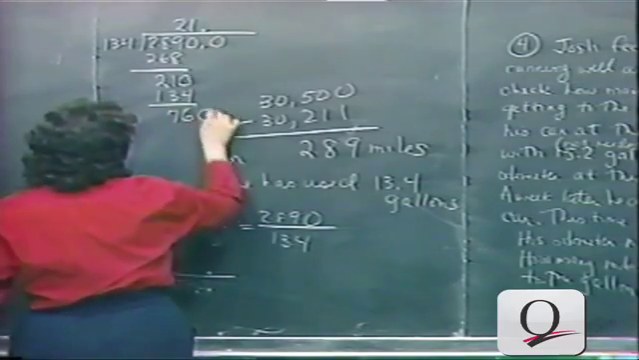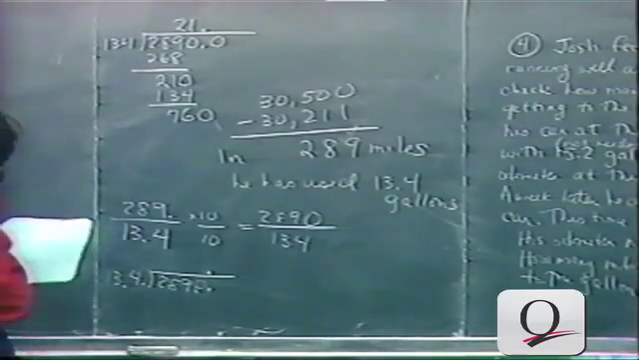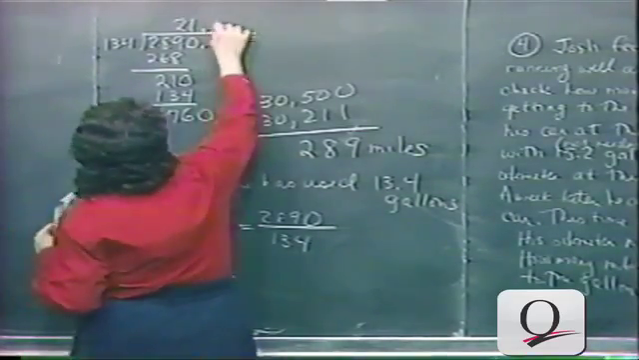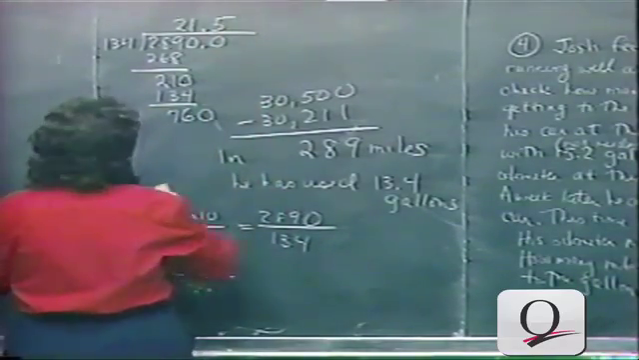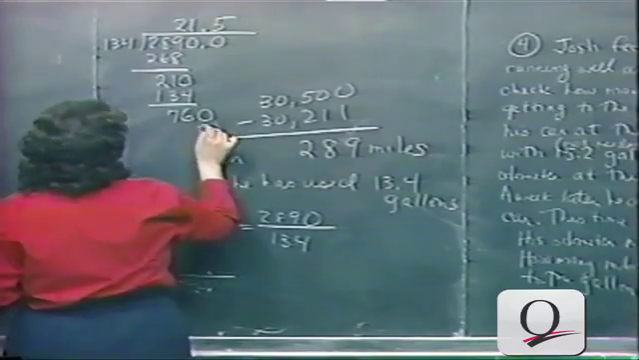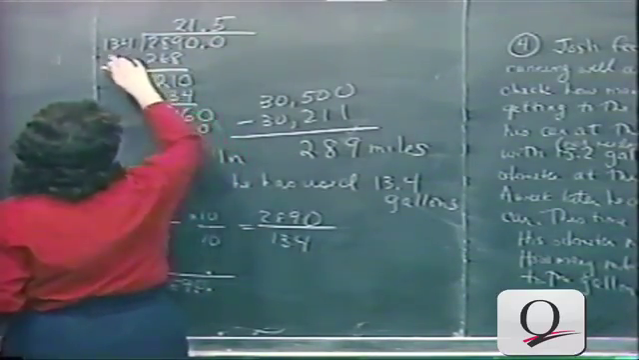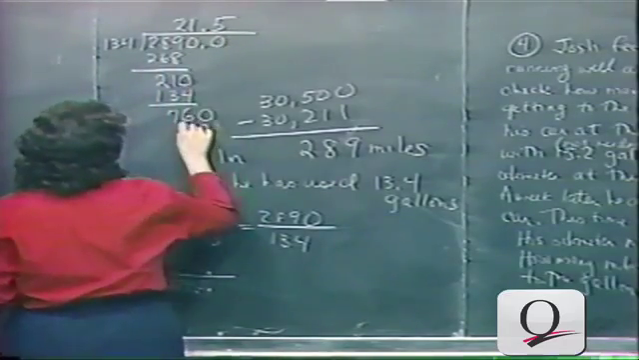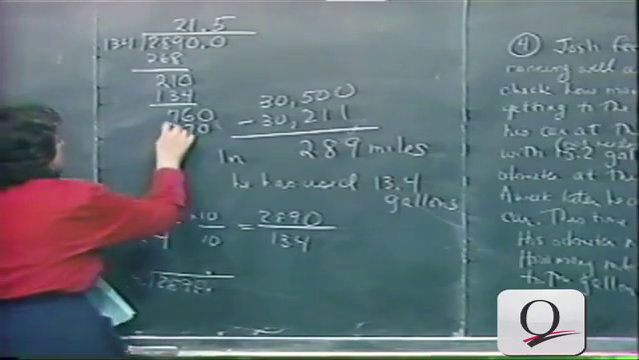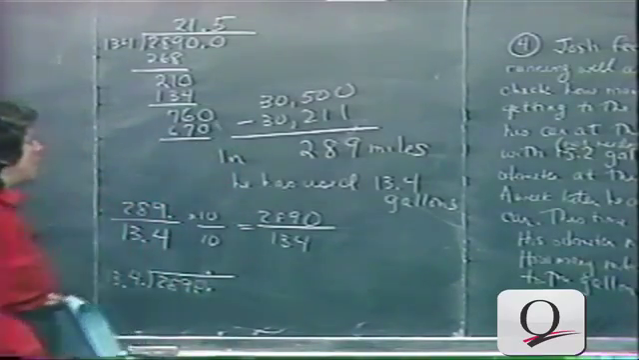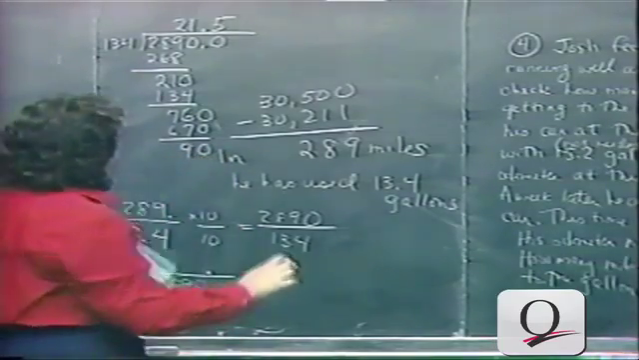Bring down the 0. How many times does 134 go into 760? It goes basically 5 times. 5 times 134 comes out to be 4 times 5, 0. 3 times 20. So you put down the 0, you carry the 2. 3 times 5, 15, and 2, 17. Put down the 7, carry the 1. 1 times 5, 5, and 1, 6. Subtract, and you get 90 and